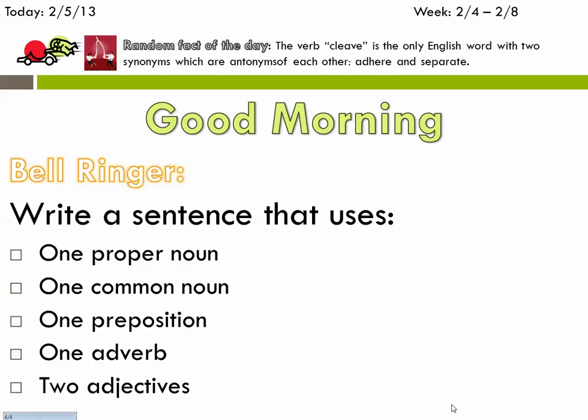sentence, one sentence, that uses each of the following items: a proper noun, a common noun, a preposition, an adverb, and two adjectives. You can use other things, but it must be one coherent sentence with one main idea, and it must have at least all of these items. At the bare minimum, you'll have to have a verb in there for it to be a complete sentence, along